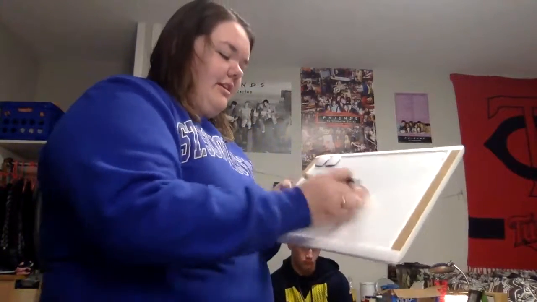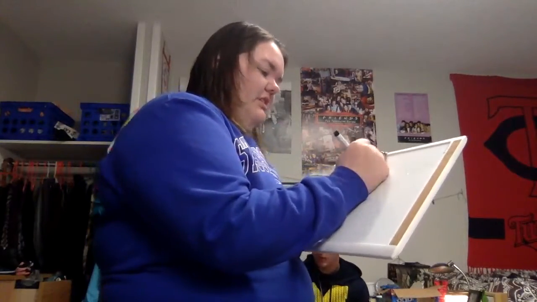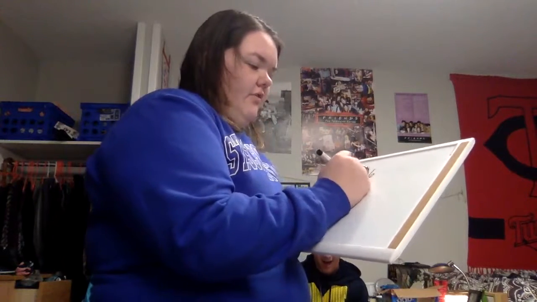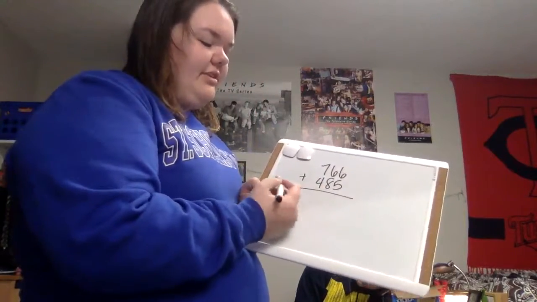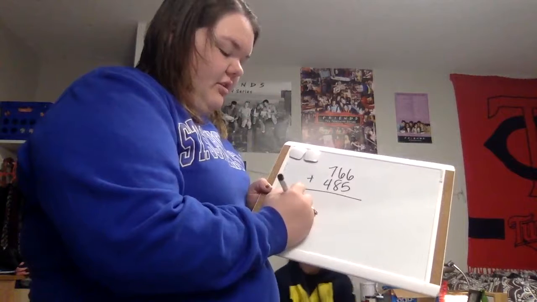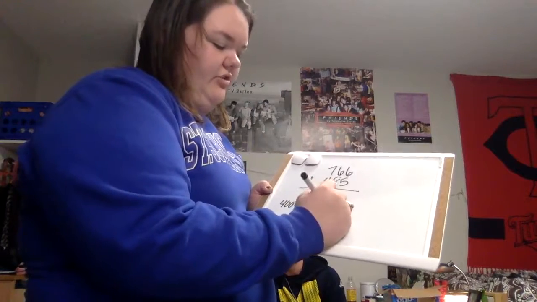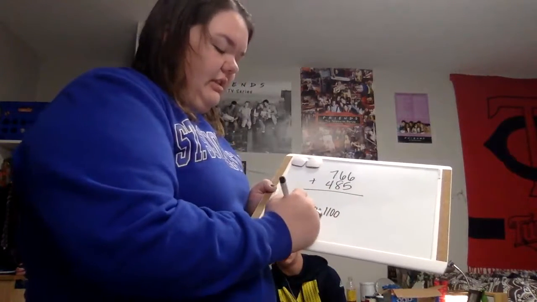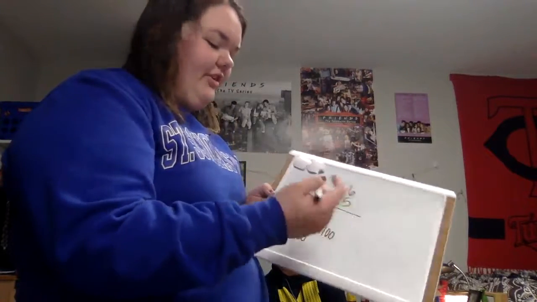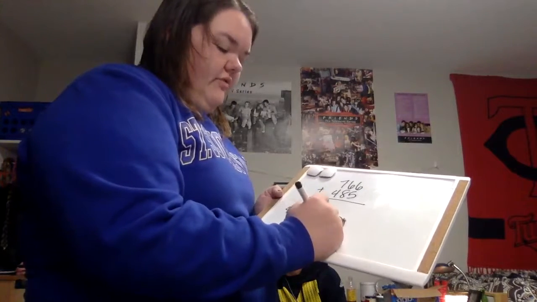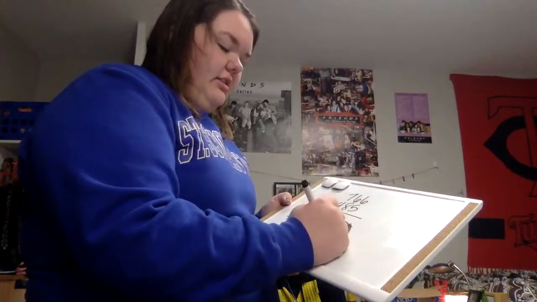Now we will do another example of this, but we're going to do it with a 3-digit number. So if we do 766 plus 485, we'll have to do the left side first. So 400 plus 700, and that gives you 1100. And then you do 60 plus 80, because that is your next column over, and you get 140. And then you can add those together to get